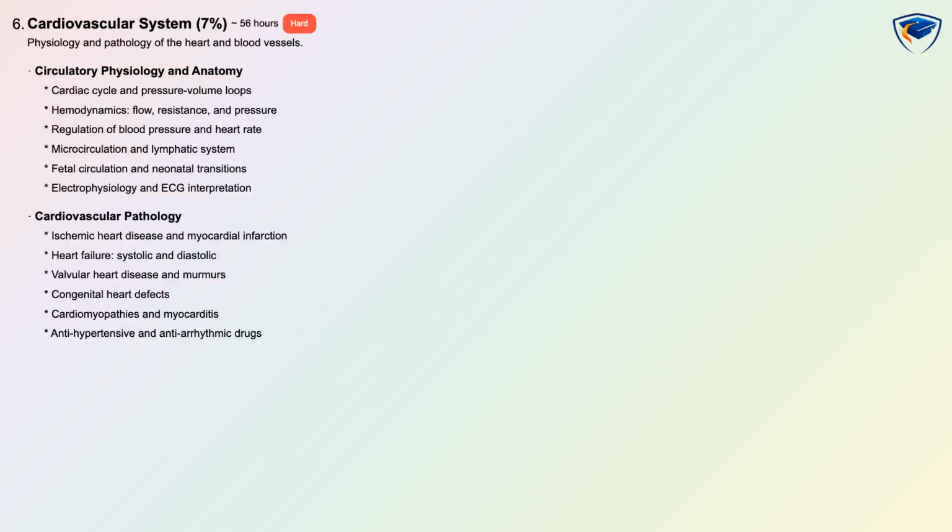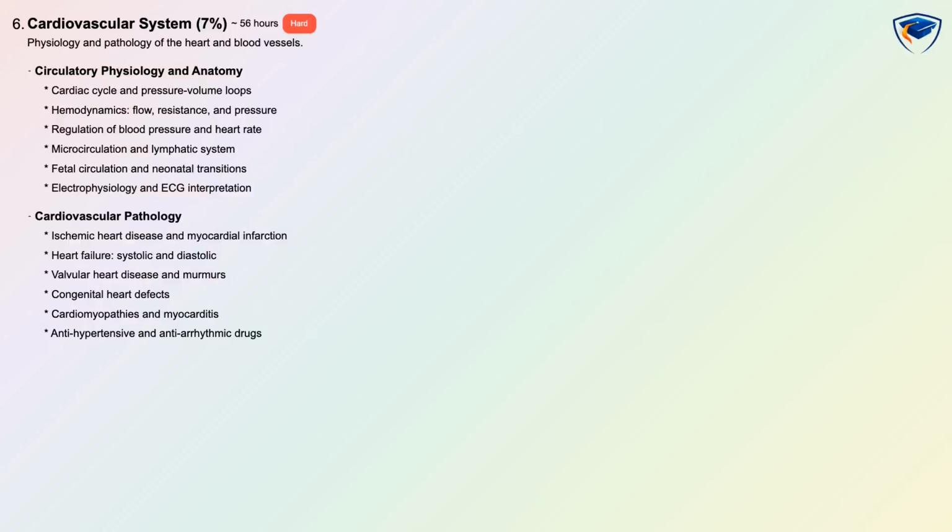Cardiovascular system is 7%, hard, and needs roughly 56 hours of study with scenario-based assessment. You will study physiology and pathology of the heart and blood vessels including the cardiac cycle, pressure-volume relationships, hemodynamics, and regulation of blood pressure and heart rate. Pathology topics include ischemic heart disease, myocardial infarction, heart failure, valvular disease, congenital defects, cardiomyopathies, and relevant pharmacology such as